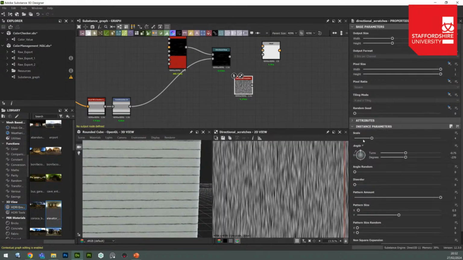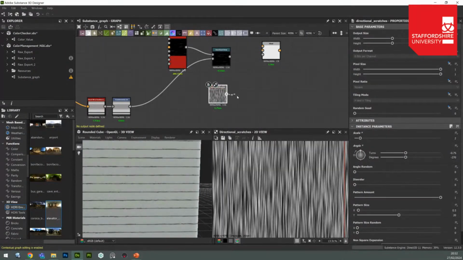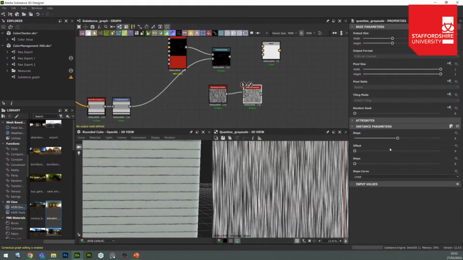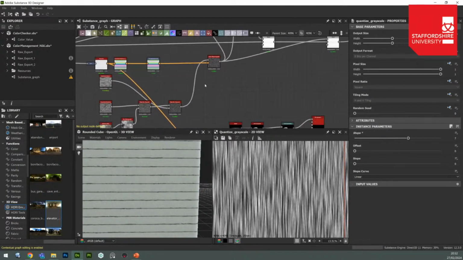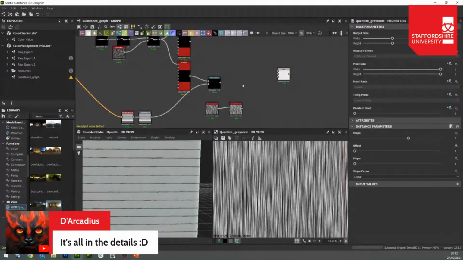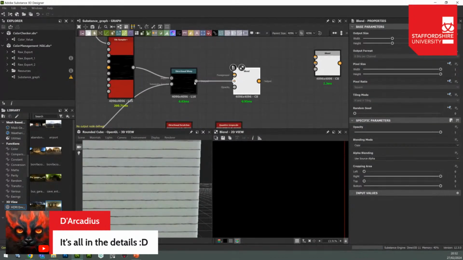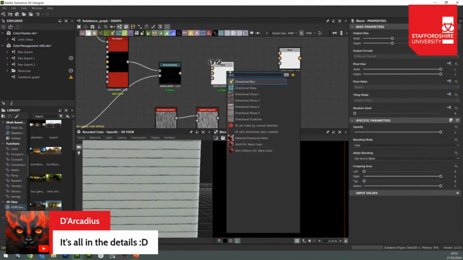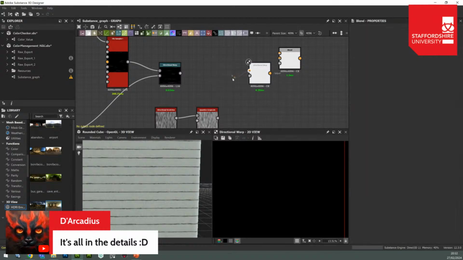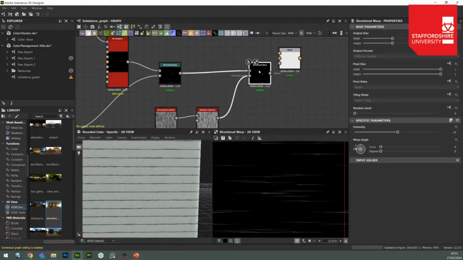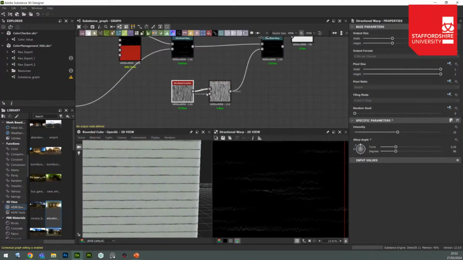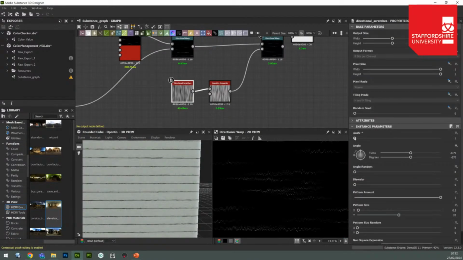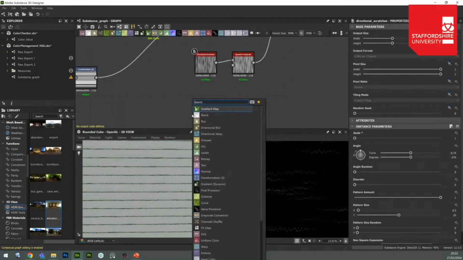We can rotate these, we can use the scale. We can do a quantize to grayscale to get a more interesting effect. It's actually a good idea to add this thing later. Always try to reuse as much as you can, and that allows you to make materials really quickly. And for example, here you can see how we reduce the scale, we can get maybe not that much of an effect, but